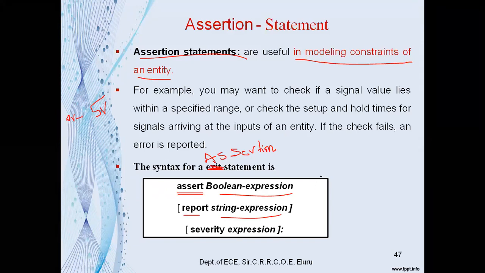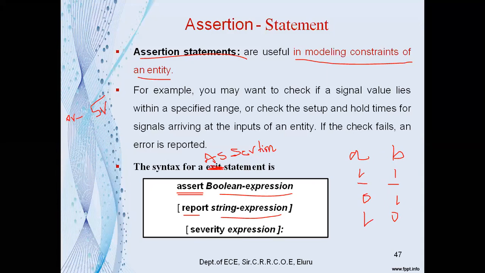For example, we have two inputs, say A and B, and to perform a specific operation these two inputs must be 1 and 1. But the given inputs may be 1 0 or 0 1.